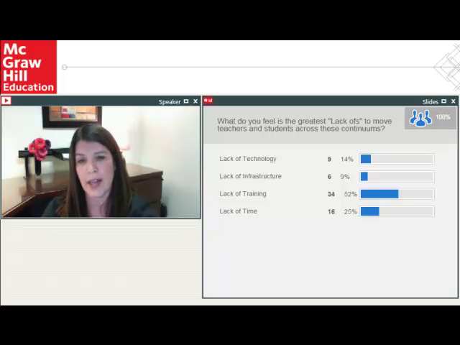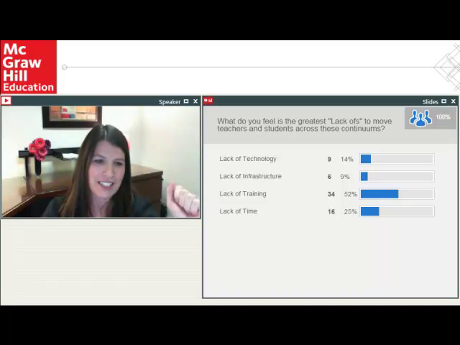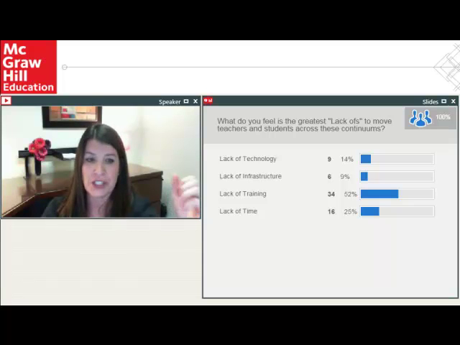It was the lack of the pedagogical knowledge of how to use technology in the classroom, meaning how to select the right tool for the right subject at the right time for the right students, which is definitely a challenge, and also one training that needs to be provided.